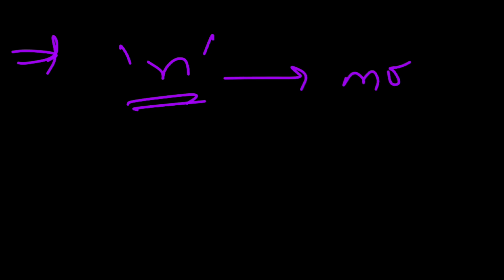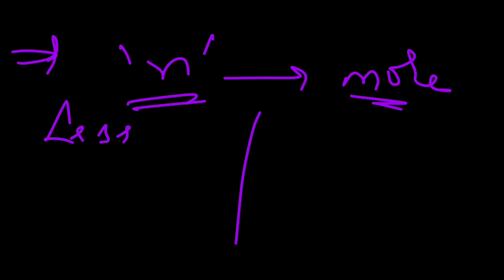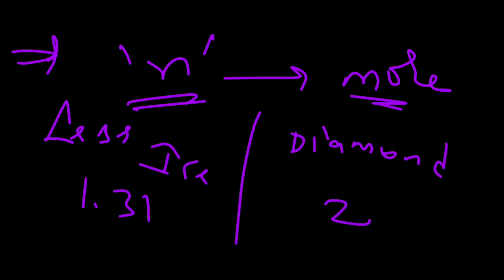We have different mediums likewise, but he has mentioned only some of the mediums that are related to your topic now. So here you need to observe one thing, keep that in mind. If the refractive index is less, let's say the refractive index of ice is 1.31 and the refractive index of diamond is 2.42. Let's compare these two first. So ice refractive index value is 1.31 and diamond refractive index is 2.42.